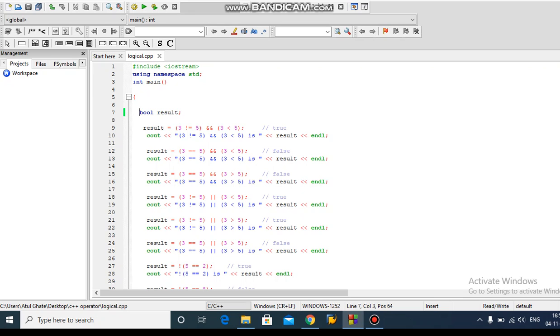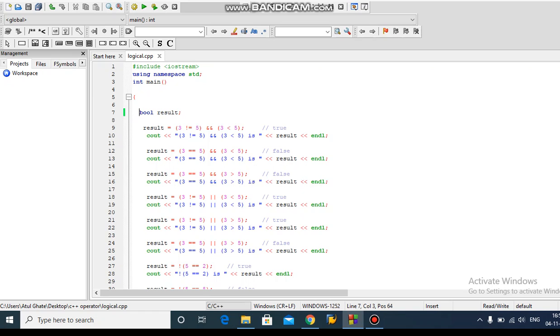Okay. So then again the AND operator, result equals 3 double equals 5 and 3 is greater than 5. Again, both conditions are false, because 3 is not equal to 5 and 3 is not greater than 5.